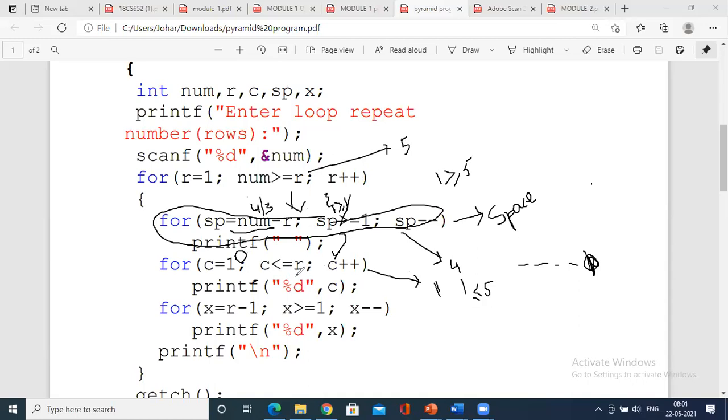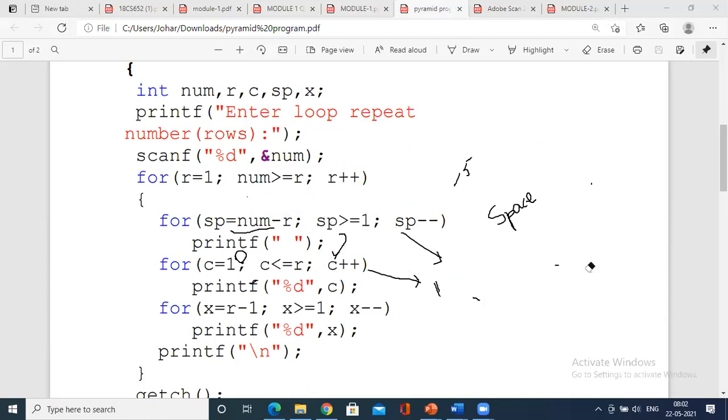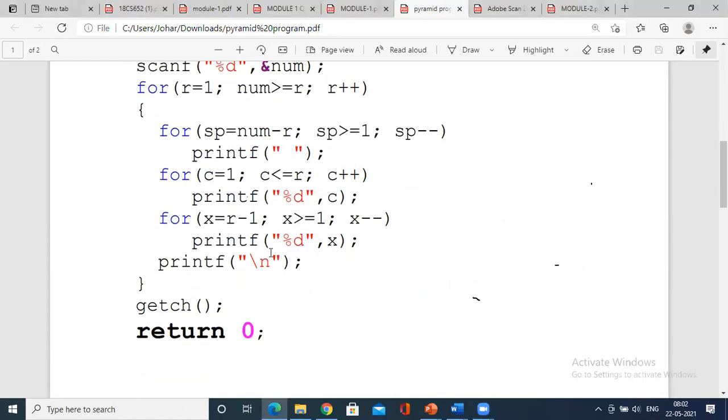Okay. So you have the concept. Say this last printf, once you complete the complete row, then you have to go to the next line.